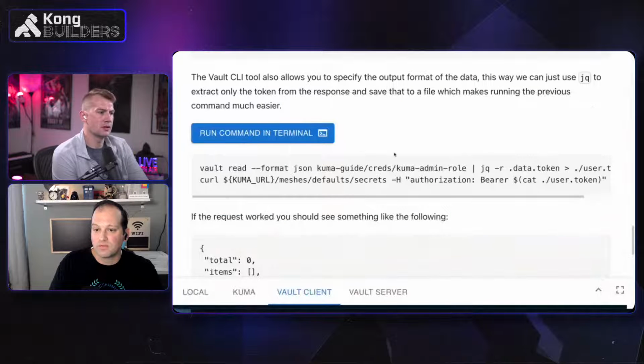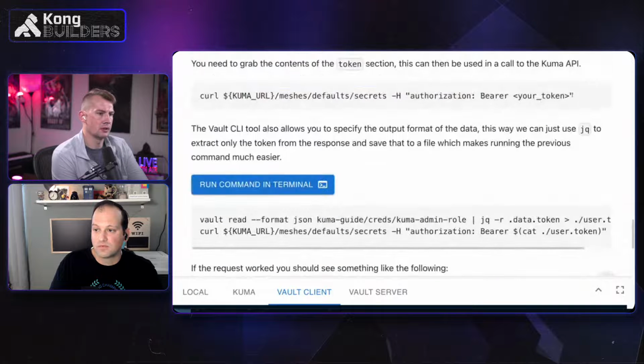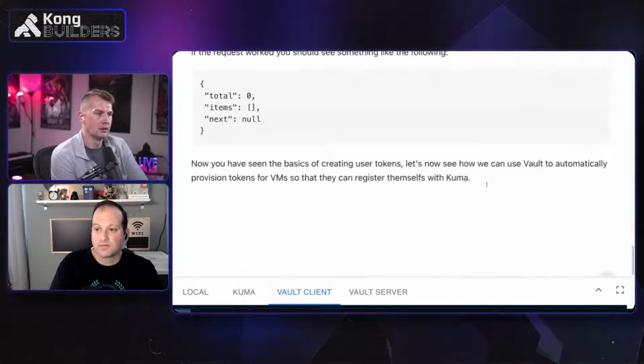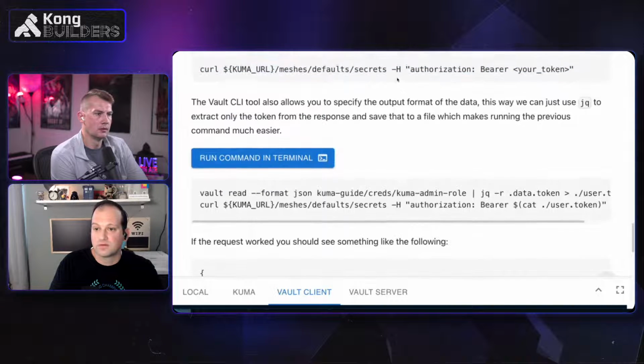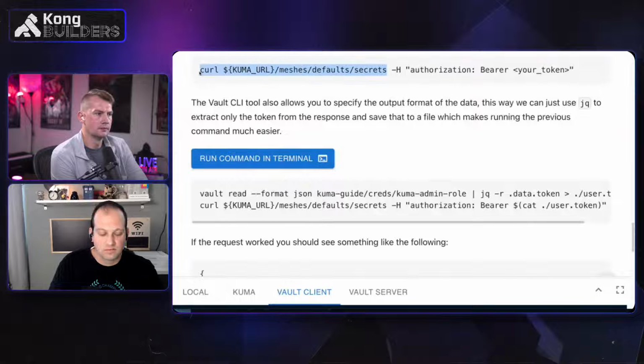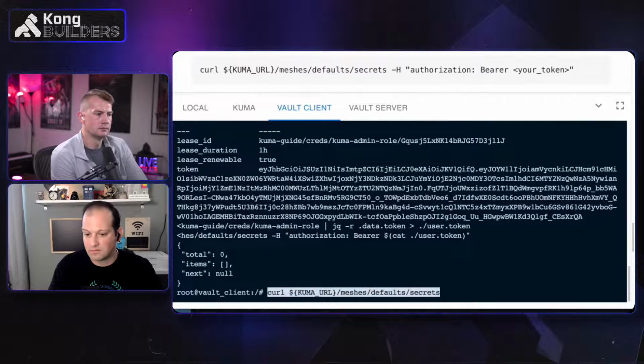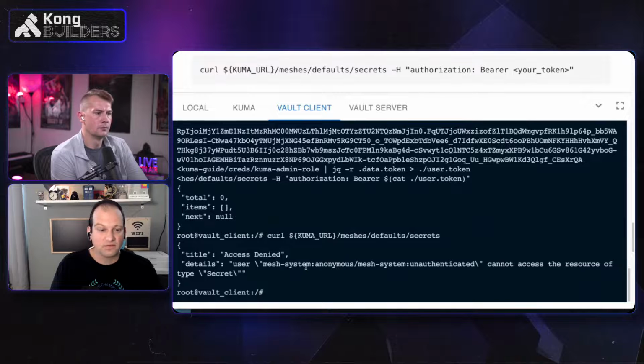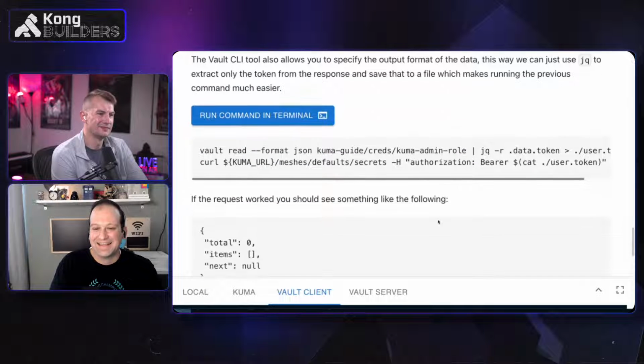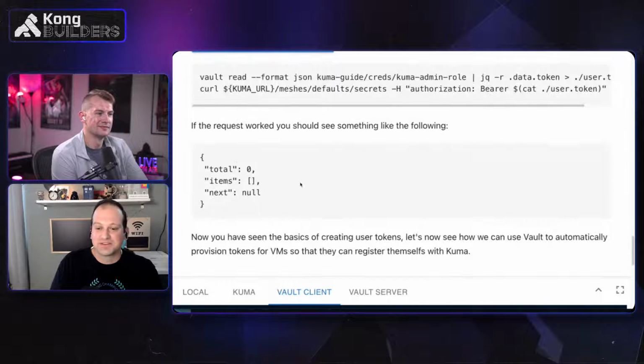If we hit this API without a bearer token, what will we get? Yeah, here, let's do that. Access denied. Beautiful. That's what we wanted to achieve. Yeah. All right, and so you should get this request back.